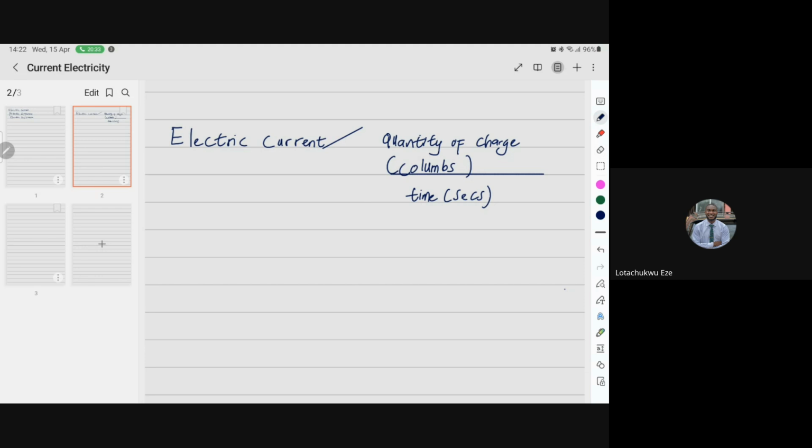Right, time in seconds. So now you know that electric current is measured in ampere. I'm going to be very fast with this. So I is in ampere. Now, if you start seeing things like milliampere, microampere, this is where I want you to